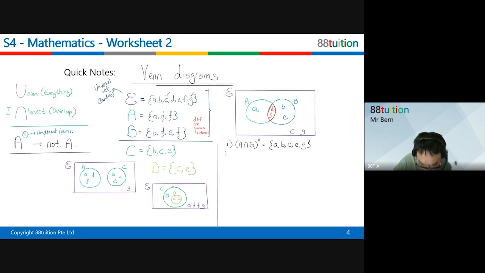And part 2, for example, they ask, what is A intersect B prime? A intersect not B. Where is not B? Not B means outside B. Look, this is B. Where is not B? Not B means everything outside